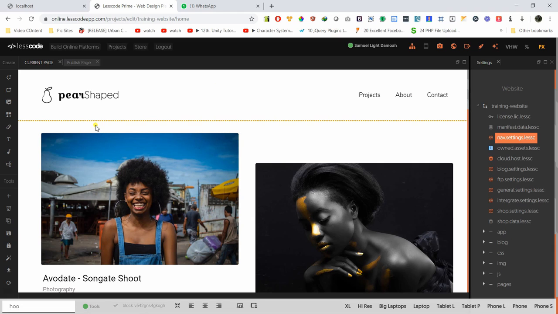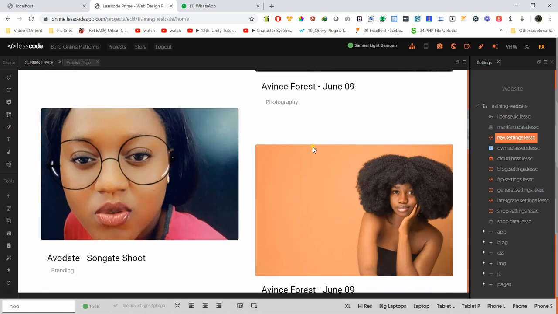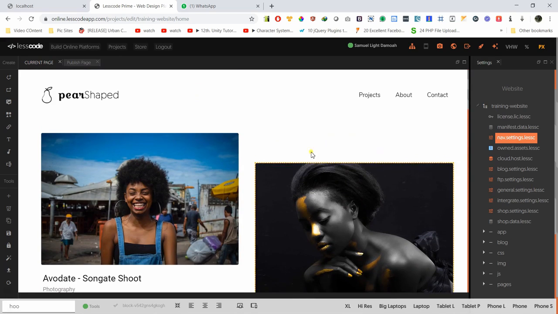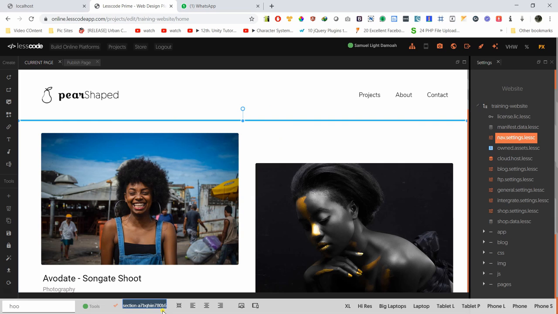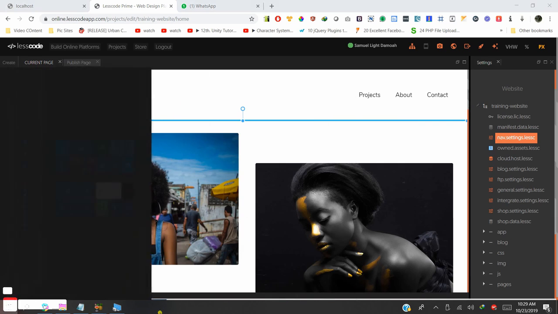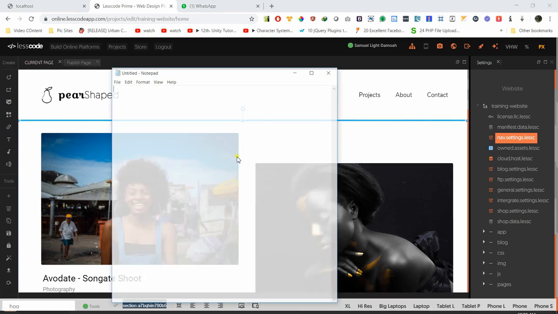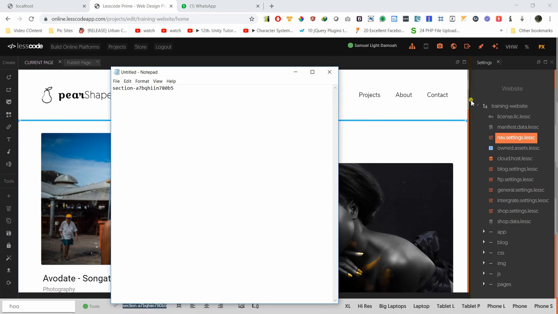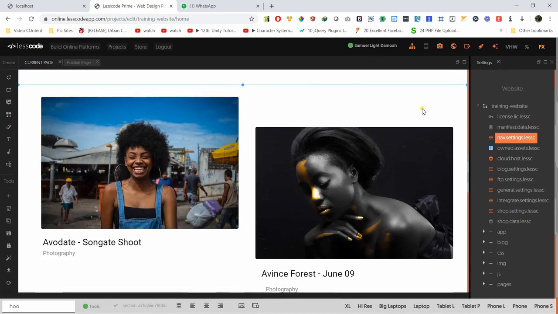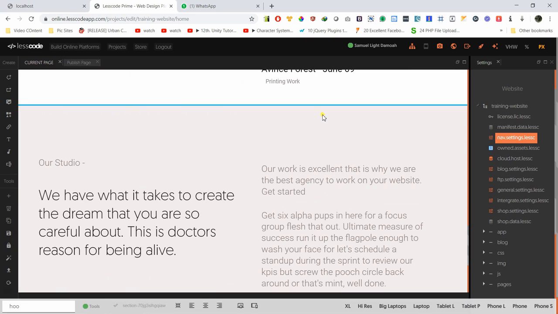So what I need to do right now is to link these links to each of the sections of the website. So what I need to do is select this section. Once I select it, the section name will appear down here. All I need to do is just select this, copy it. I have Notepad, right? I'm just going to build my sections. Then I go down to the next section. I click on it